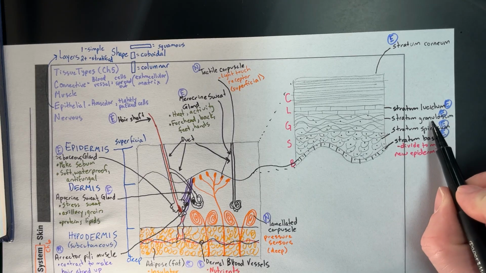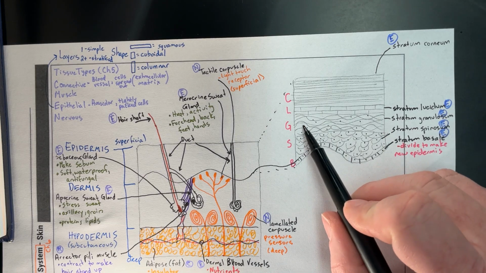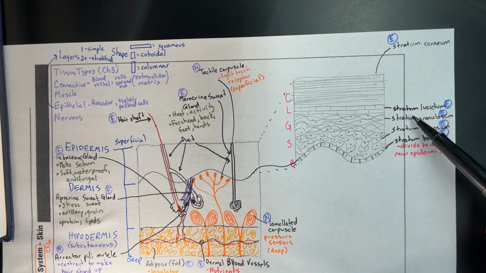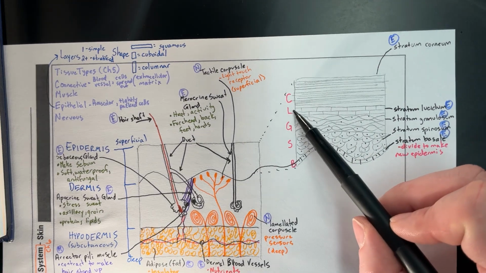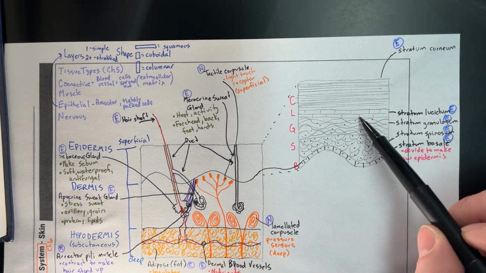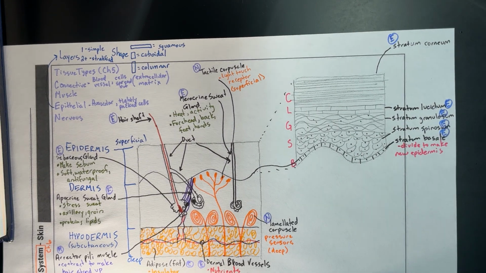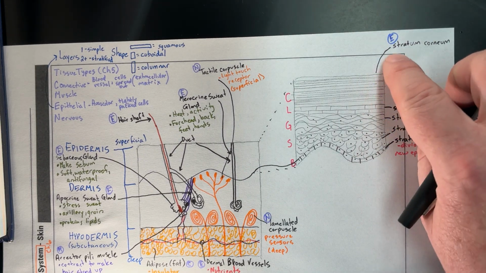All right, so the stratum granulosum got their name because under the microscope, stained a certain way, these cells looked really grainy, whereas the stratum lucidum cells, lucid, that's the same as light in Spanish. So these cells looked really clear and really bright under the microscope. And then the stratum corneum, that means horn. So this stratum corneum